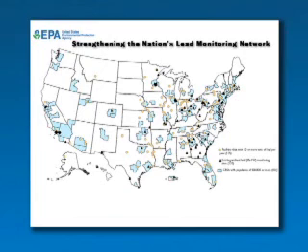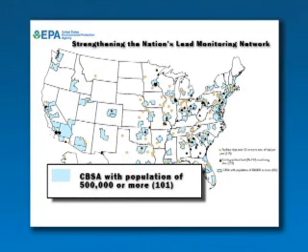In addition to that, we're going to have what we call non-source-oriented sites. Those sites are going to be required in all CBSAs, the core-based statistical areas, with a population of 500,000 or more people. So urban areas with 500,000 people or more. Those areas will be required to have at least one lead monitor, and again, all the sources of 1 ton or more will be required to have monitors. We call it a two-tier network design, the source-oriented monitors together with the non-source-oriented monitors. The rationale is to measure concentration around sources where we know it's likely to be high, but also to get an idea of what population exposure is around different sources likely to be found in urban areas.